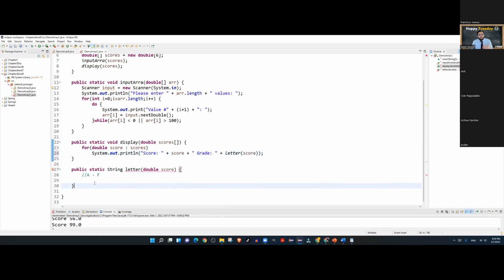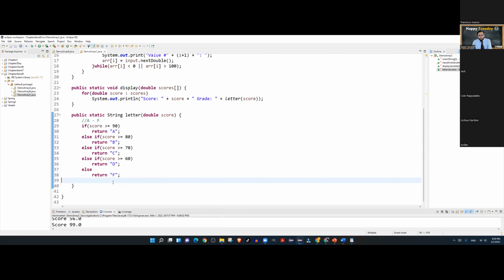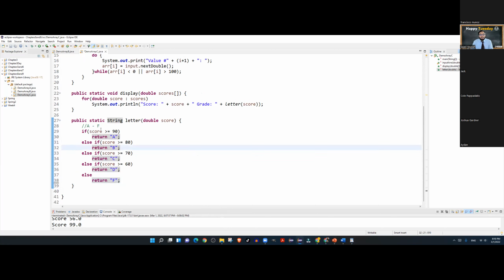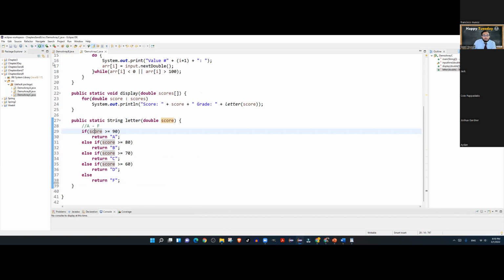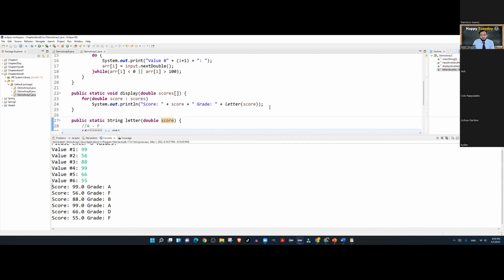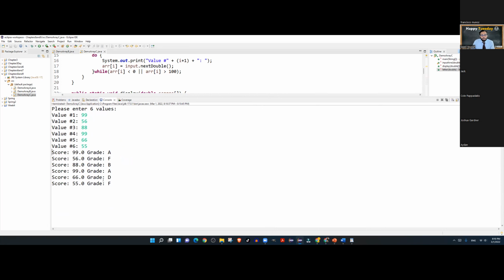Now, this is where I can write an if condition. This is something that I think we did in the past, so I'm just bringing something similar that we did before, like this one here. You could see that it simply grabs the score and whatever range it falls under, it returns that letter grade back. That's all it does. So if I enter scores, see, with every score, it displays a letter grade.